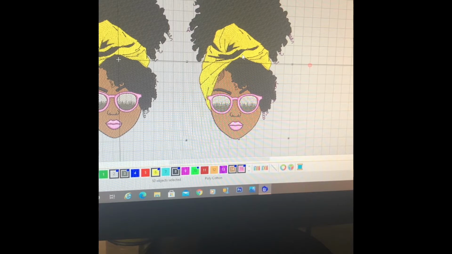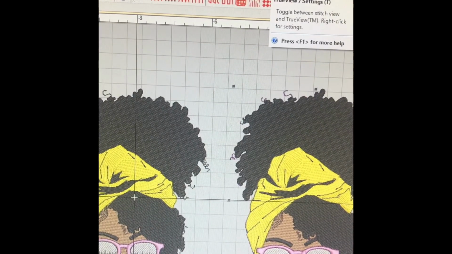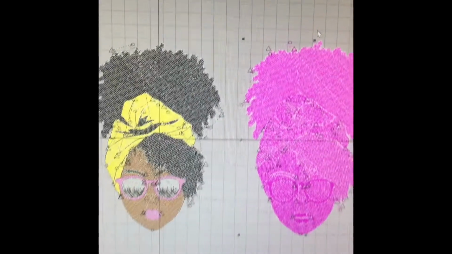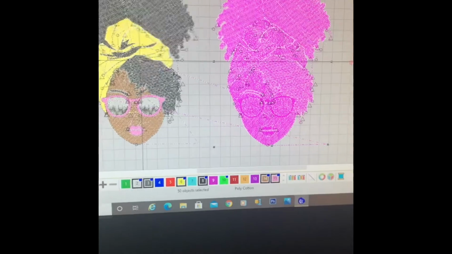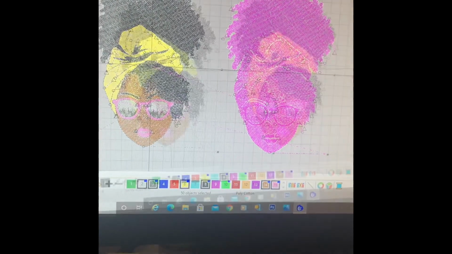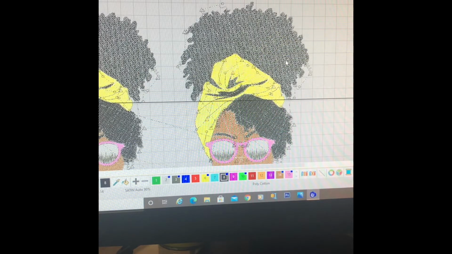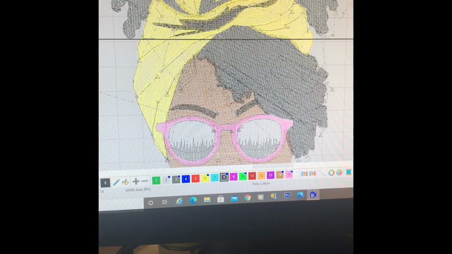On her, you want to go up and take off this true view. Once you take your true view off, you will have an image that looks like this. So then I'm going to really zoom in,